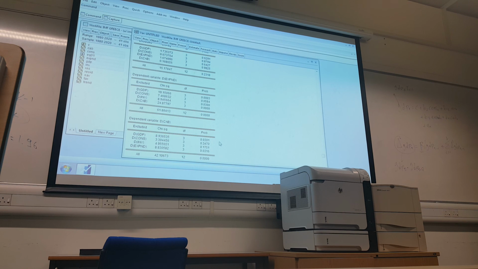So you have to give an interpretation according to whether there is causality running from the independent variables to the dependent variable. This is the first thing that you have to do in a VAR. The second thing is